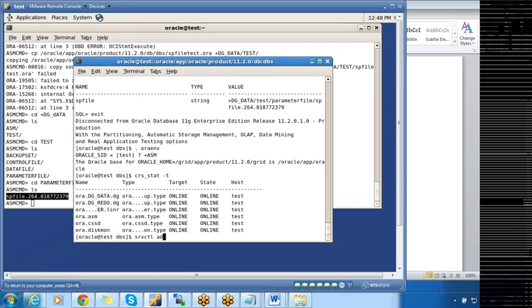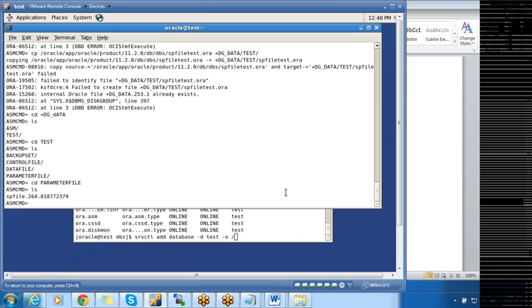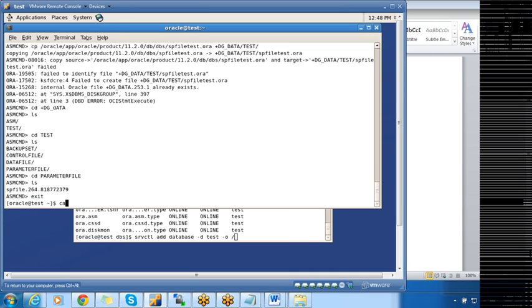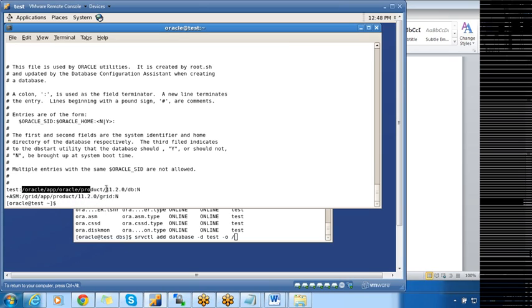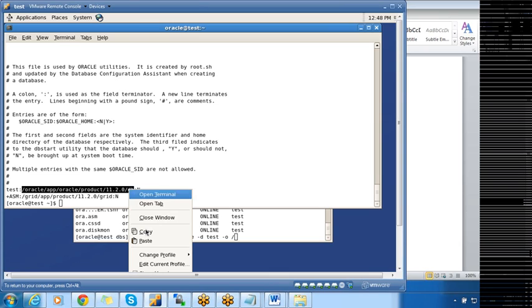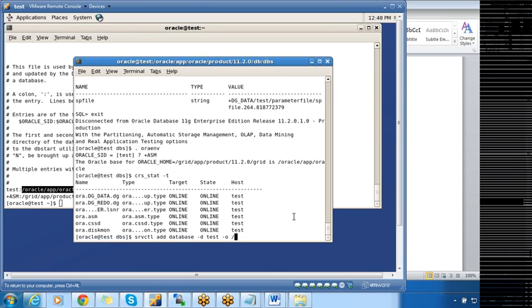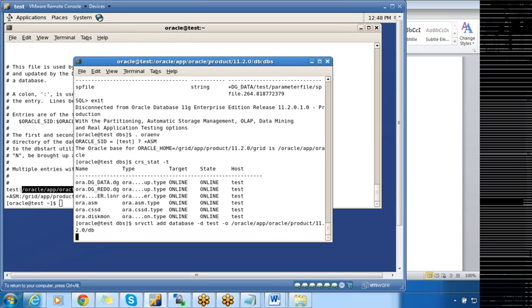So to add the database into the cluster, the command will be srvctl add database -d test -o. We have to specify the Oracle home. So this is my Oracle home. Enter.